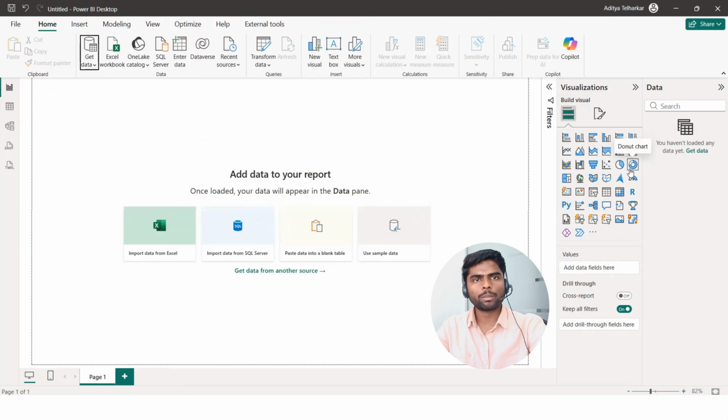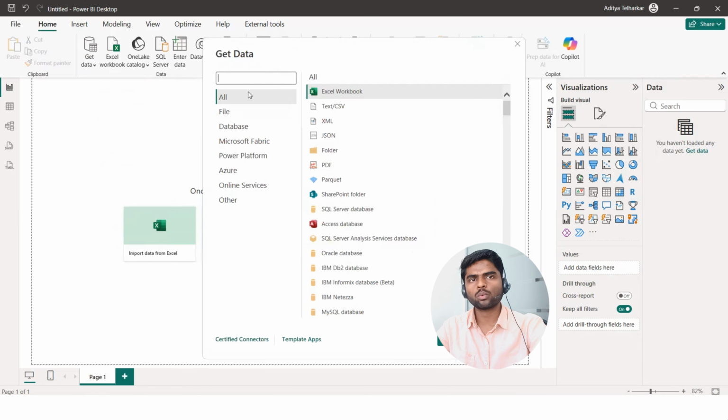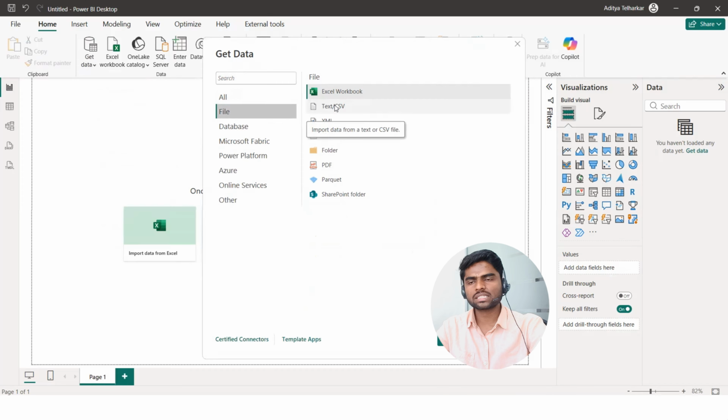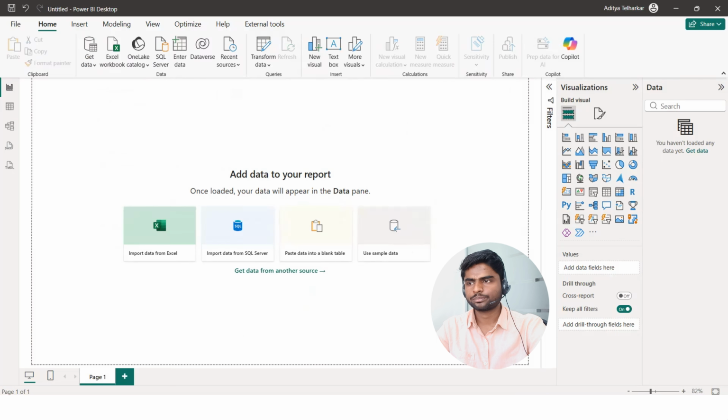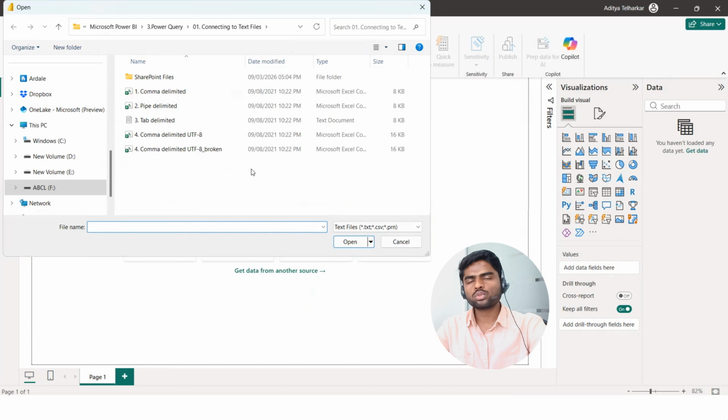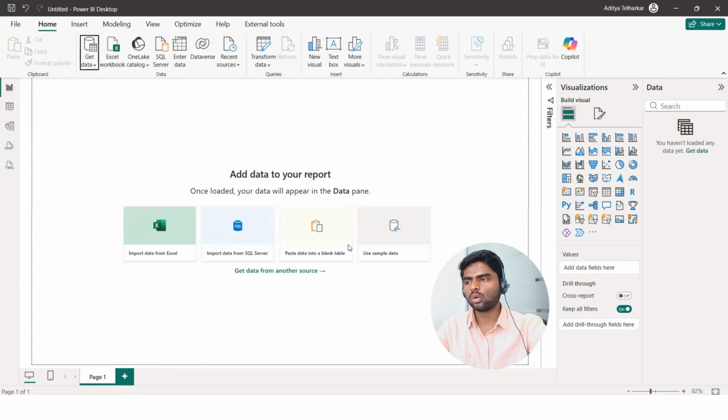As I have opened this blank Power BI report where we have not loaded any data till the moment, we have to load that particular tab separated file to the Power BI. So click on get data option, then click on more. And here you will find several options to connect the data from different sources. As our source is file, so select file option, select text and CSV, click on connect. Choose the directory where you have that file available in case of your local machine. So as in my local machine, that particular file is available in this directory, choose that particular file and click on open.